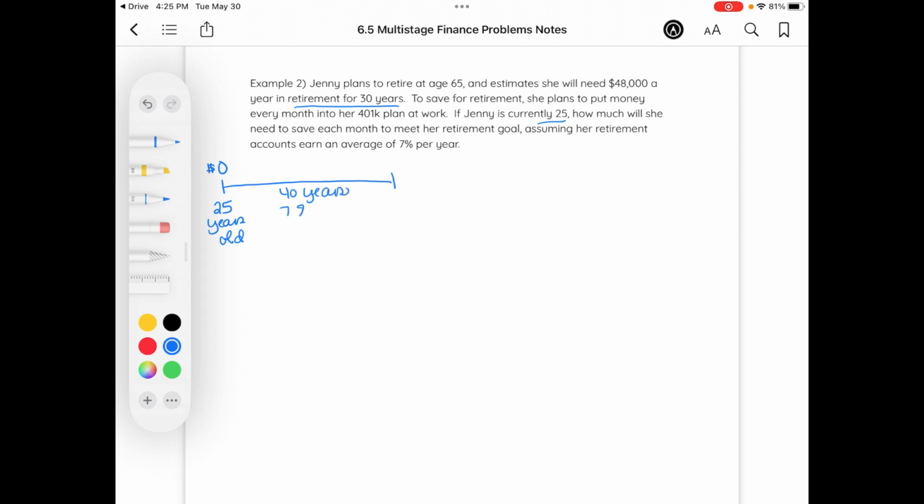And she's going to accrue 7% during that time, across the whole thing. So in 40 years, she will then be 65, the age she wants to retire. Well, we don't know how much money she will have. But then she's going to start drawing on her retirement for 30 years. She says she needs $48,000 per year,